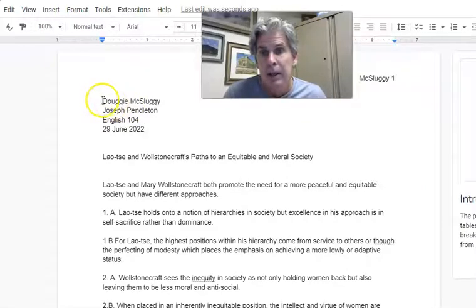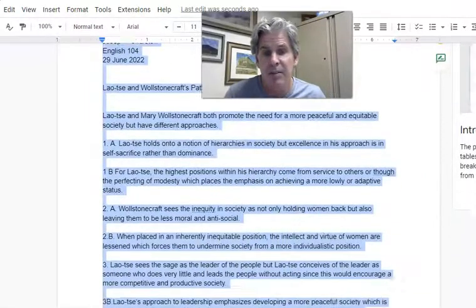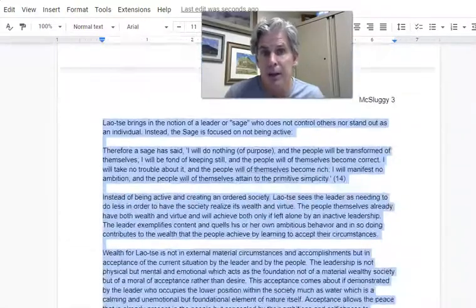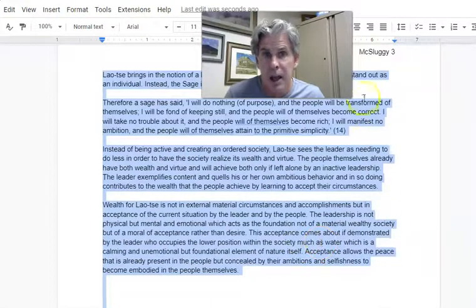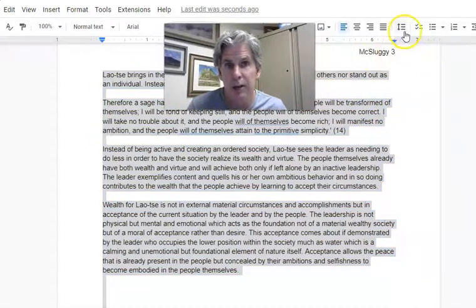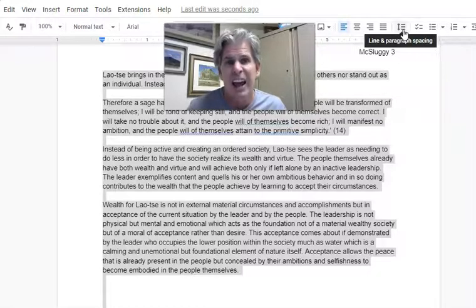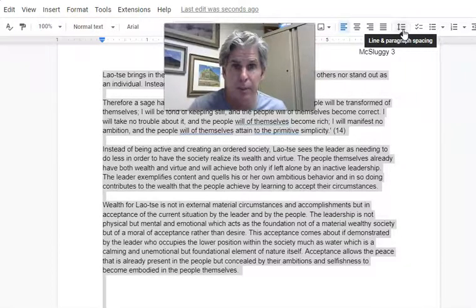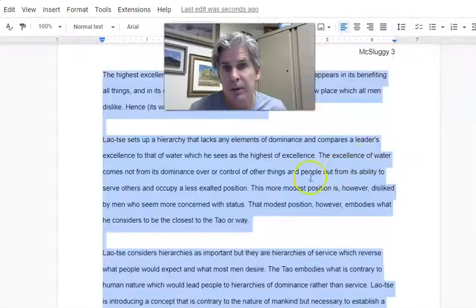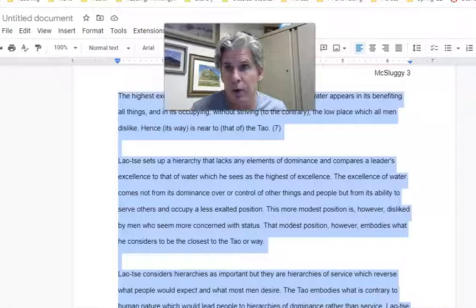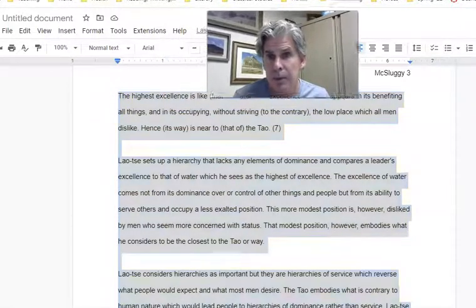Okay. And then select everything. Everything in MLA, top to bottom, is double spaced. Okay. Everything is. Let me get myself a little bit more out of the way, and then look for this. The arrows that go up and down, that is the spacing. Everything in the essay, including the work cited, is double spaced. In APA, they do single space the references page, but we're not going to worry about that. Double. Everything's double.